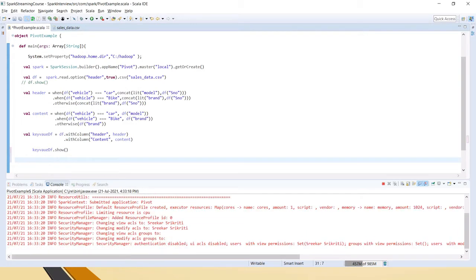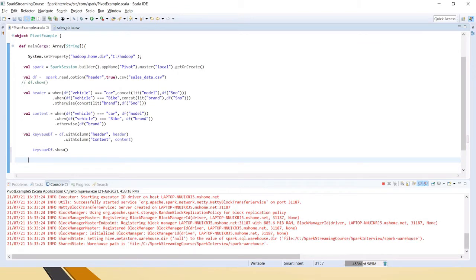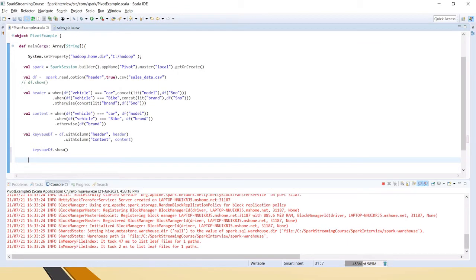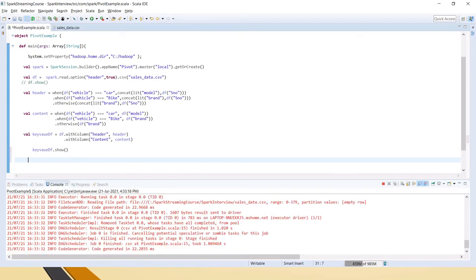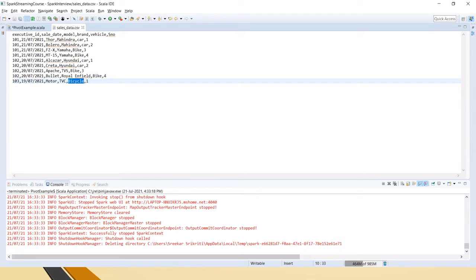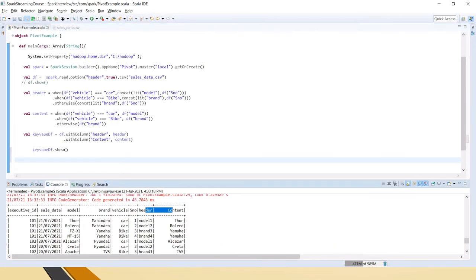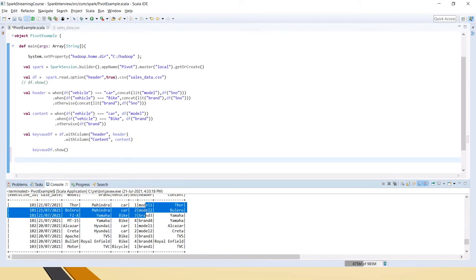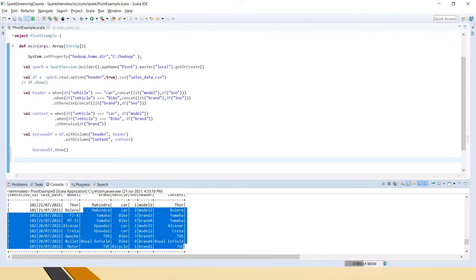Once it completes, the data frame already has 1, 2, 3, 4, 5, 6 columns. To that it will add header and content, so whatever data is available, it will create.